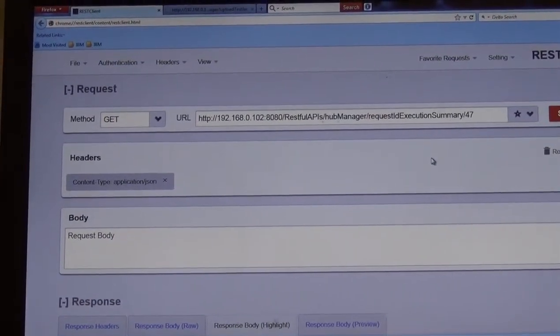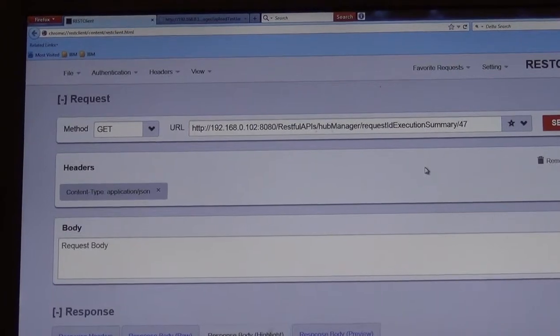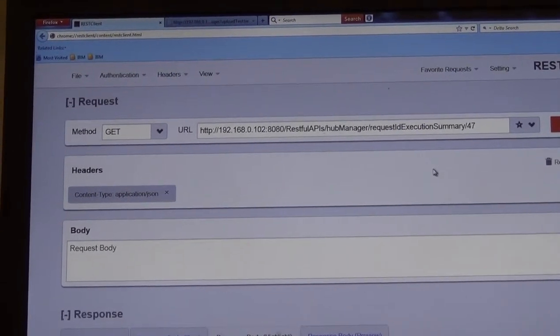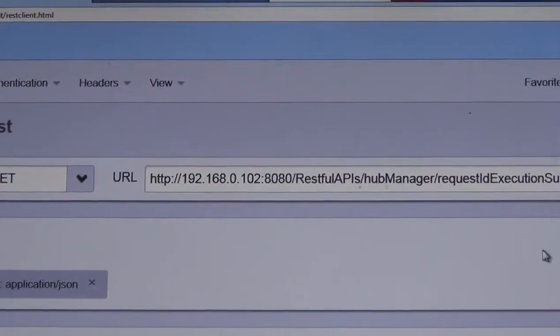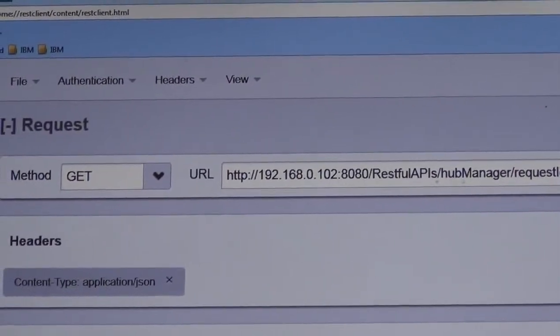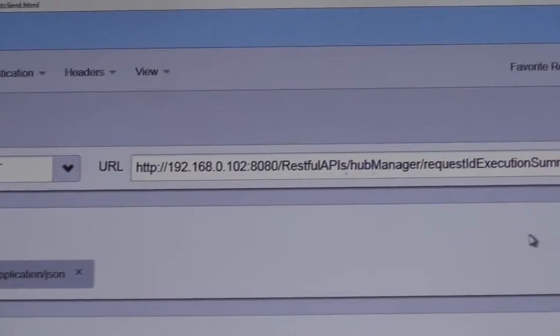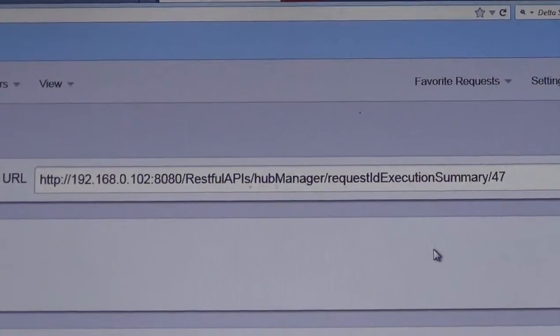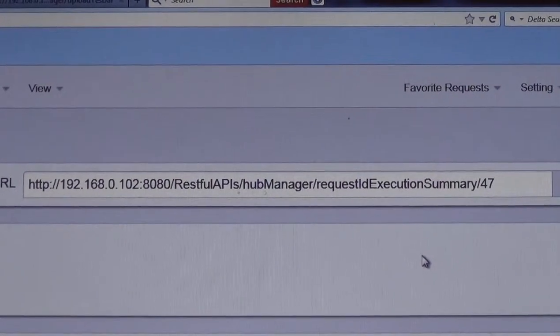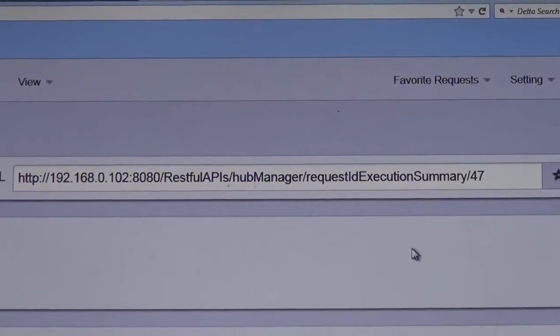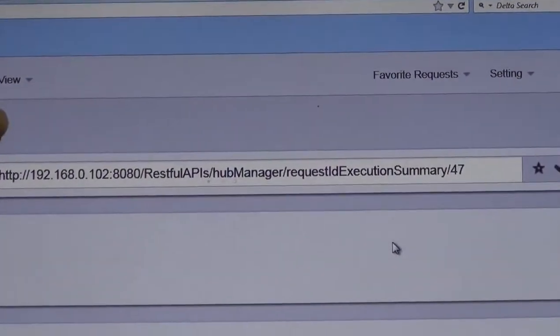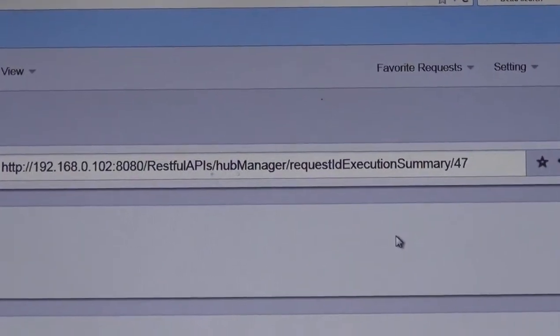So now the test has been completed. The test engineer must be able to see the summary. It can be a test execution request summary. It can be suite related history, what all tests were run against that suite. It can be a class related summary or a method related summary. So we are providing that granular information from the Hub Manager on the server side as well. We have the services to expose those particular features.